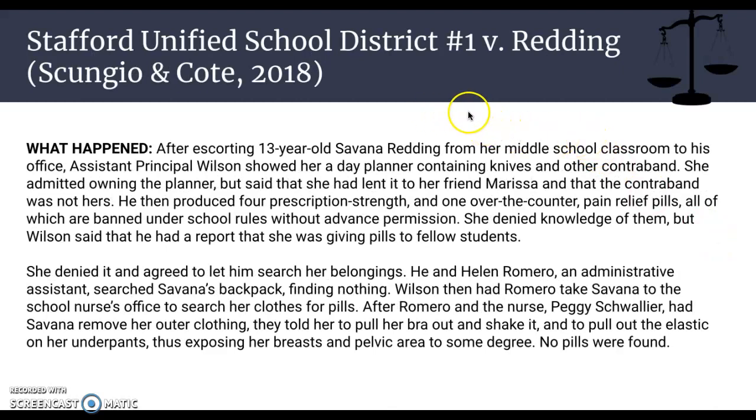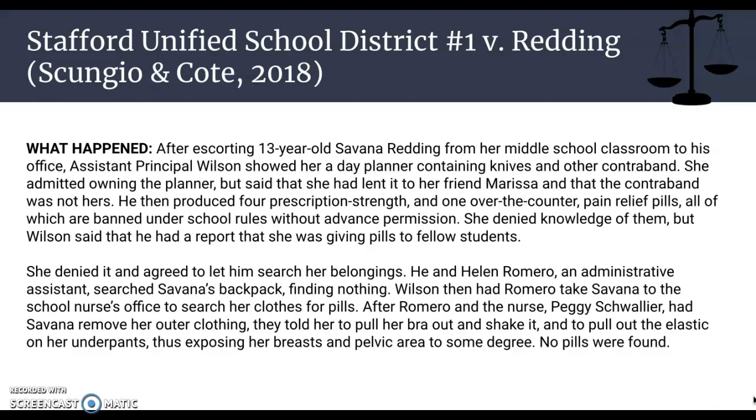The next case we'll look at, Stafford Unified versus Redding. What happened in this case is a little bit more alarming to me. After escorting 13-year-old Savana Redding from her middle school classroom, Assistant Principal Wilson showed her a day planner that contained knives and other contraband. Savana admitted to owning the planner, but said that the contraband was not hers. He then produced 4 prescription strength and 1 over-the-counter pain relief pills. She denied knowledge of them, but then